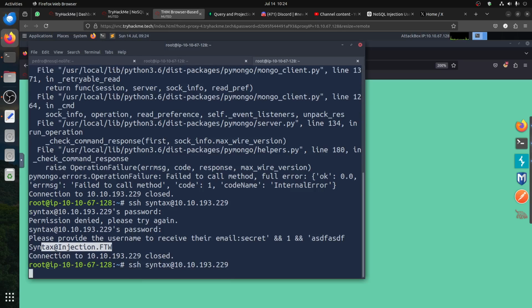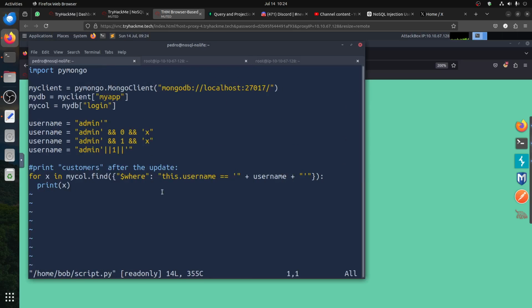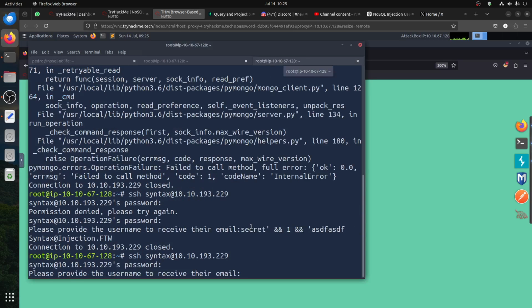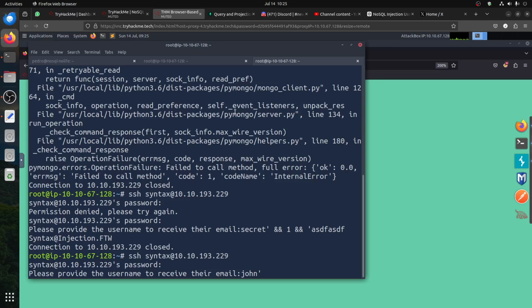So if we look there, syntax, what's the password? Syntax. Let's see what we had last time. We have the user, we have the admin. Yeah, well, let's play with John, but to show that you don't need to make it, you can play with John. Yeah, or syntax, so it's an or syntax, so or 1 is always true, and you close it. Basically it said